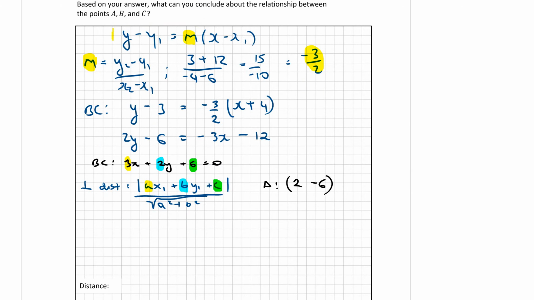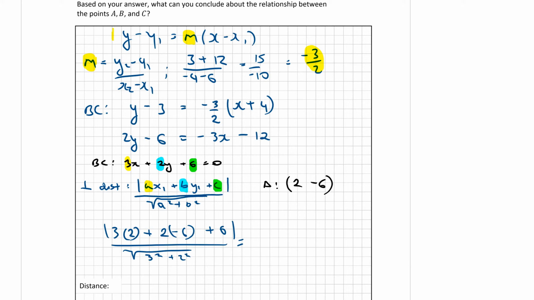So plugging in the formula, we will get 3 times 2 plus 2, which is the coefficient of y in my line, times the y value of the point, which is minus 6, plus 6, which is the constant in the line, and it's the modulus of that, so it's the positive value of that, all over root a squared plus b squared. So that's going to be 3 squared plus 2 squared,